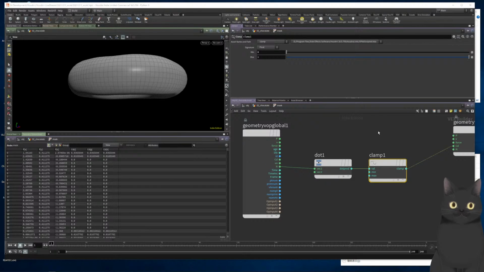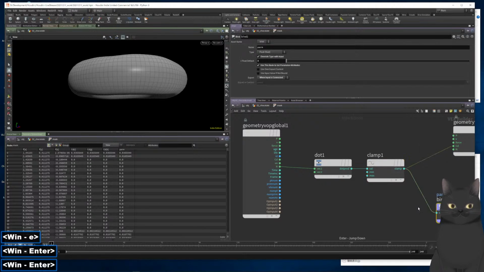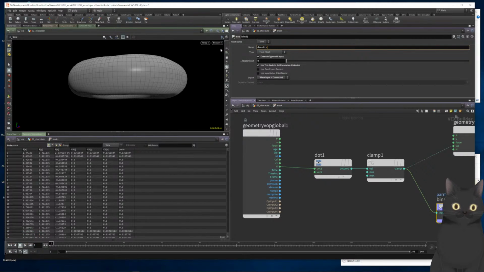And we didn't want to create any colors, so let's just press Y to cut this off again. But instead we want to export an attribute called density. And this density will be used by the scatter node. So by standard, the scatter node is doing a fairly uniform distribution of points, but we can change this by